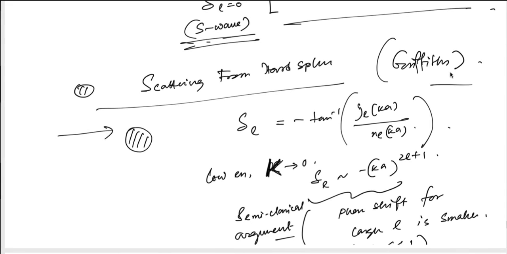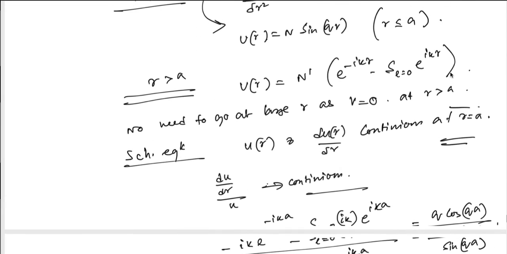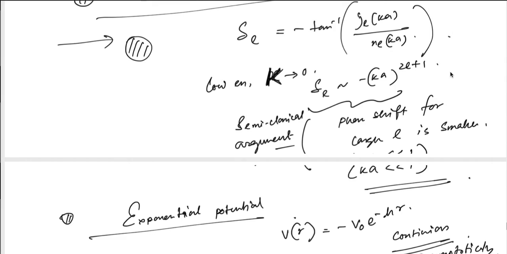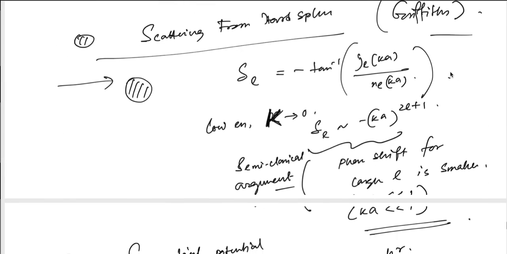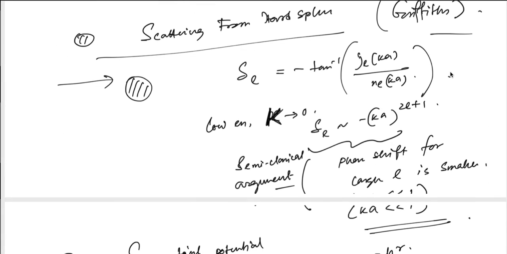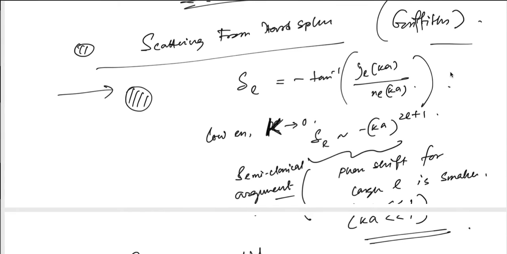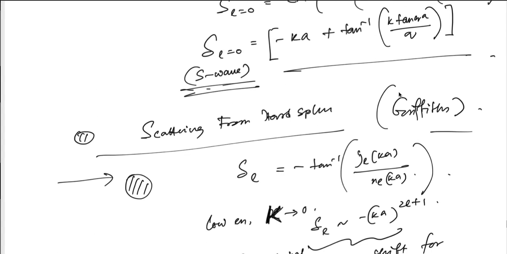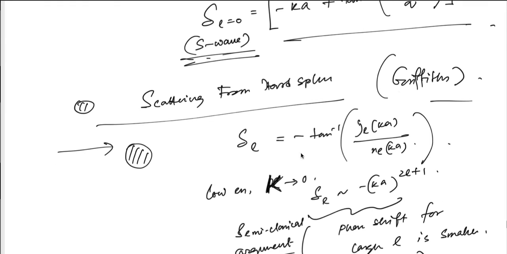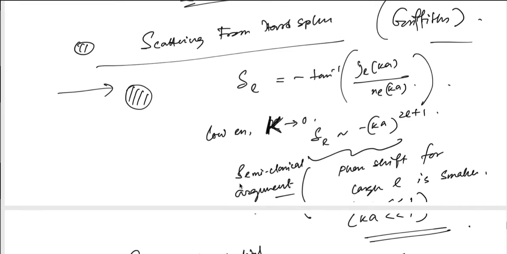So that is basically the calculation, very simple once the problem is set up in that way. Now, you might also be interested in the hard sphere problem, which is when the potential is infinity. Hard sphere means it is reflecting, you cannot penetrate at all, it's an infinite well. If you take the limiting conditions, or do the problem separately, you will find that delta_L is minus tan inverse of j_L(Ka) by n_L(Ka). It's worked out in Griffiths, that's why I am not going over it.